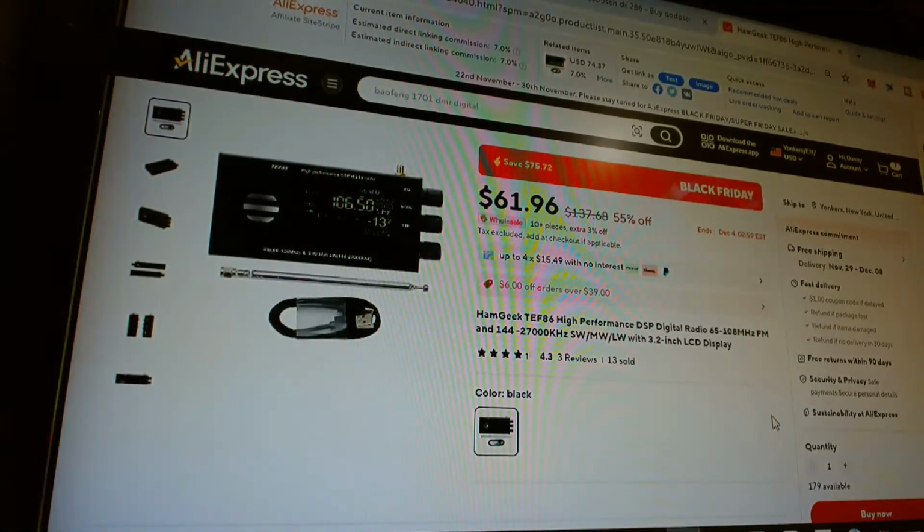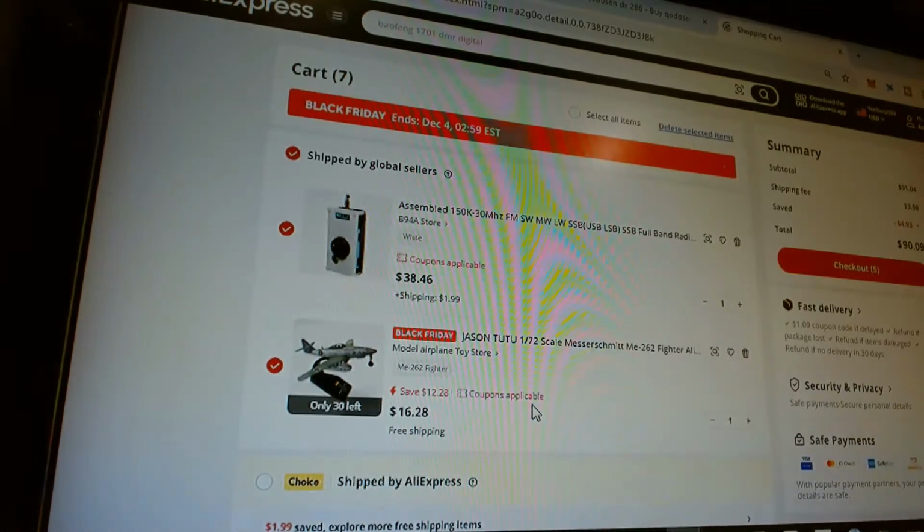I'm just looking around for some little knickknacks. So far, let me show my shopping cart. Let me go to the cart. Well, I don't know about the plane yet. This is for my other channel, Danny's Diecast Collection channel. I'm looking at that radio, but I'm gonna change the color. I'll probably go with the clear one. I'm looking into that. I don't know why, it intrigued me, this radio.